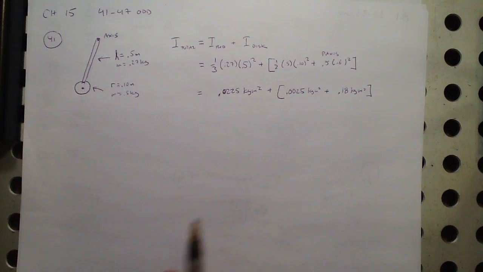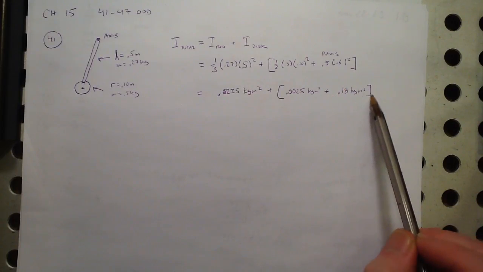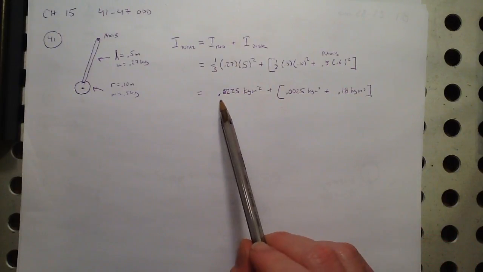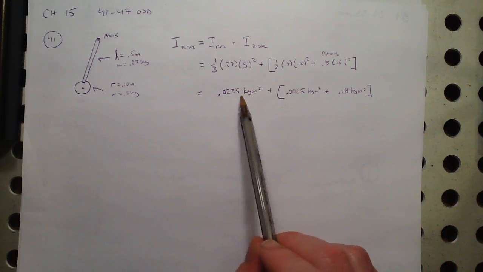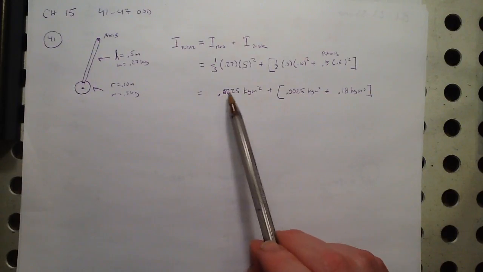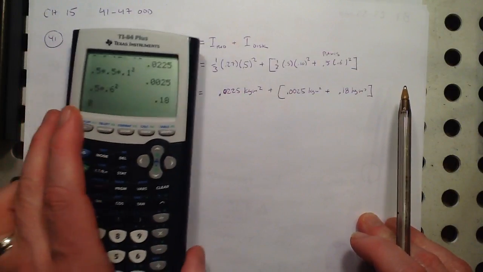So in the overall rotational inertia, the mR squared term is contributing a whole heck of a lot more than anything else. This is contributing about, maybe 7 times as much as this, and this is then only 10% of that. So when I add those up,